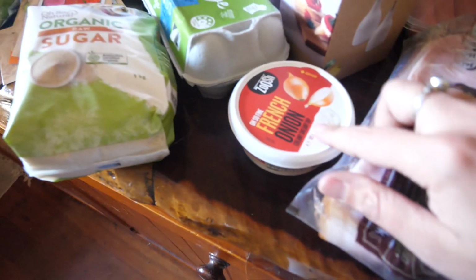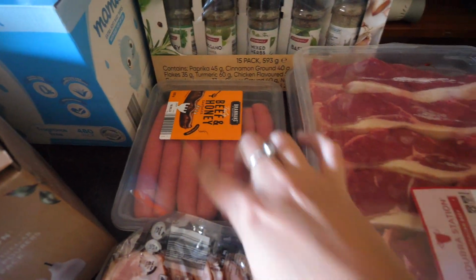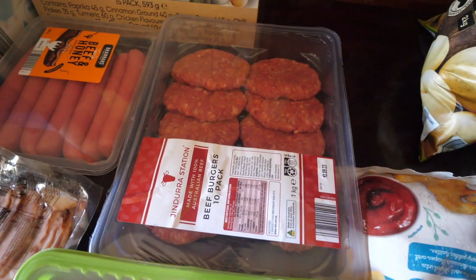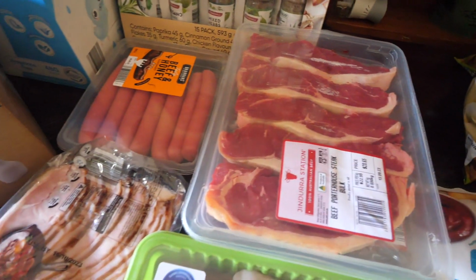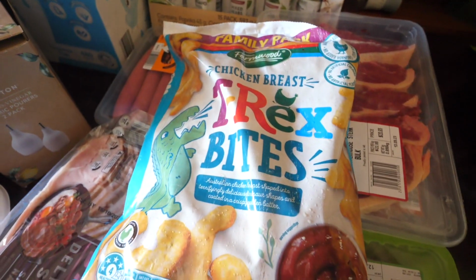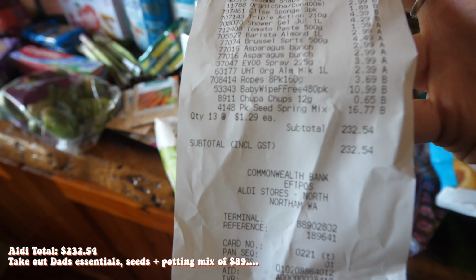I got some French onion dip because my daughter loves that. Bacon, sausages that the kids like, some porterhouse steak, some free range chicken, some burgers. Like I said, Dad and Connor love their meat, red meat and barbecue, so that's why we got so much of it. The kids love these T-Rex bites, which are nuggets. So altogether this Aldi shop cost